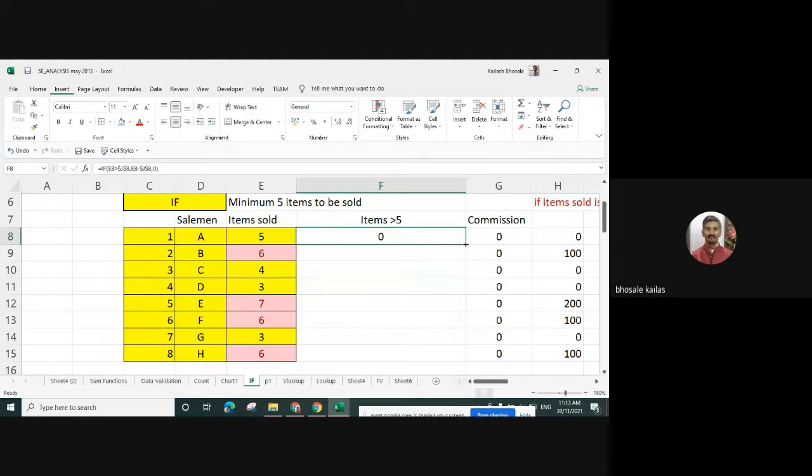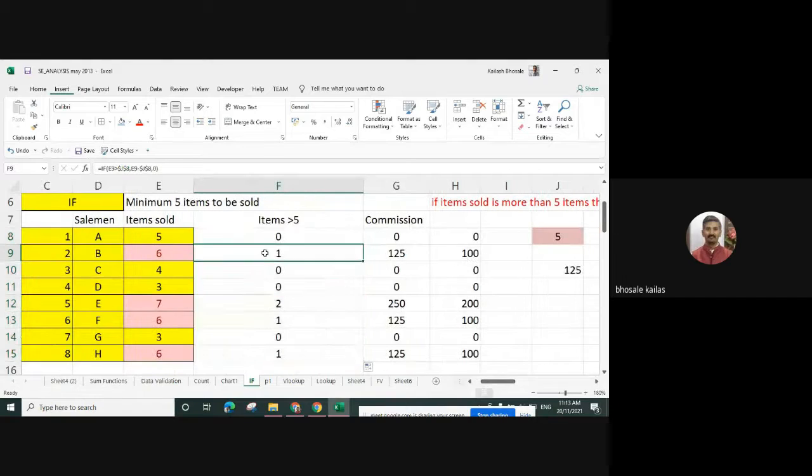So now when I copy it, I will get the final answer. क्रॉस चेक करा फॉर्म्युला तुमचा बरोबर आहे की नाही. What it is doing, E9 is greater than J8 value, so it is also selecting the J8 value. आपण जरी फॉर्म्युला खाली कॉपी अँड पेस्ट केला, even though we have copy and pasted the value, it is taking the J8 value. फक्त तो J8 व्हॅल्यू घेतो. आपल्याला पण तेच पाहिजे. So try to cross check your formula, what you have written in the formula.